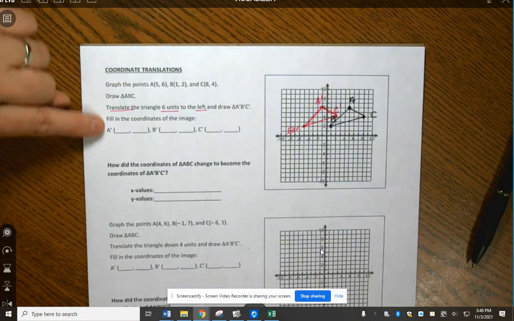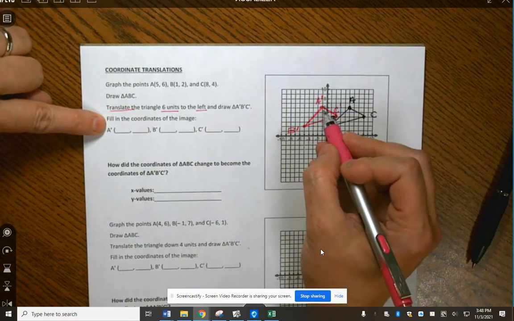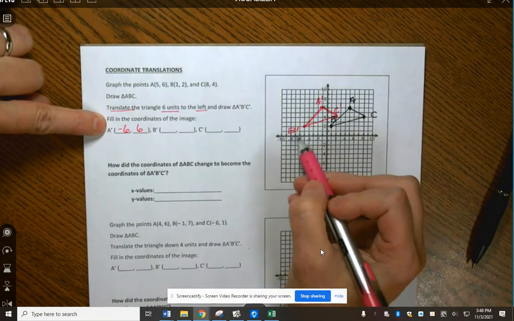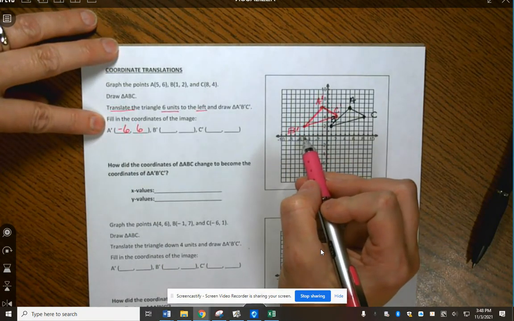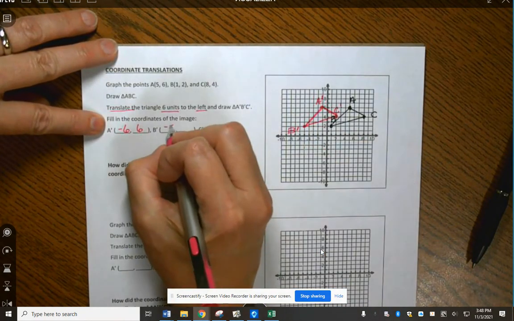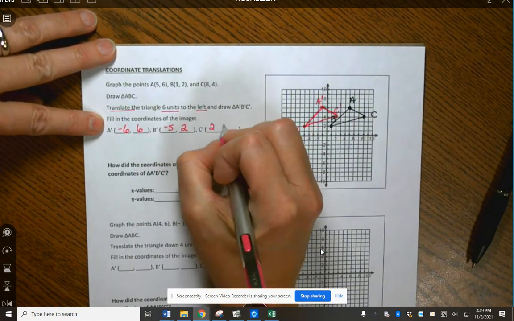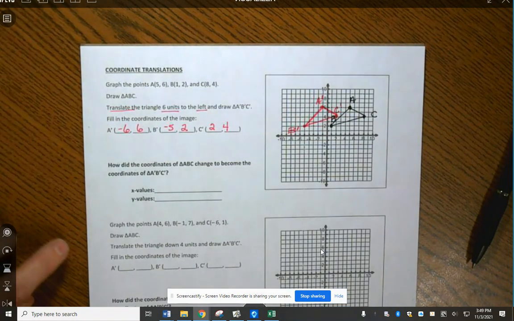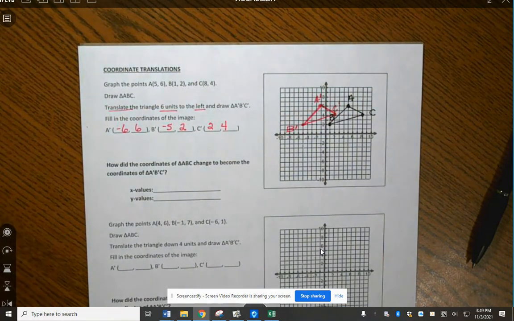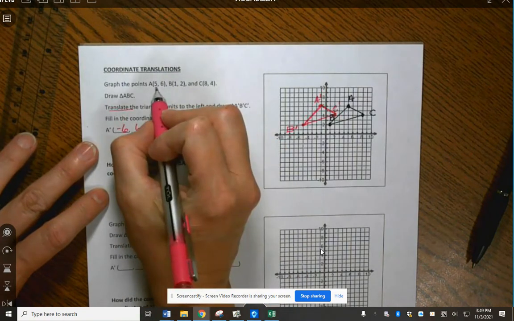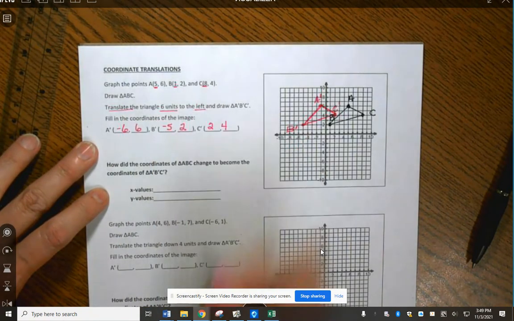So the A prime is at -1, 6. B prime is at -5, 2. And C prime is at 2, 4. Now, the question is, how did the coordinates of the triangle ABC become the coordinates of triangle A prime, B prime, C prime? So the x values, if you look at the original x values, 5, 1, and 8,